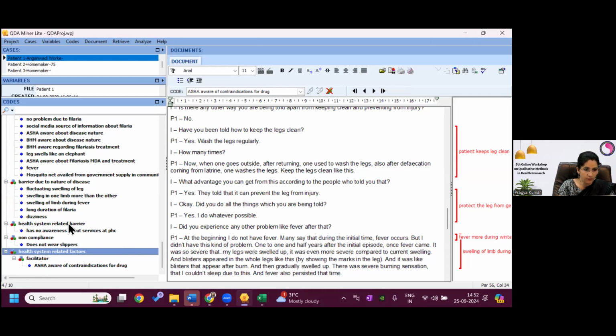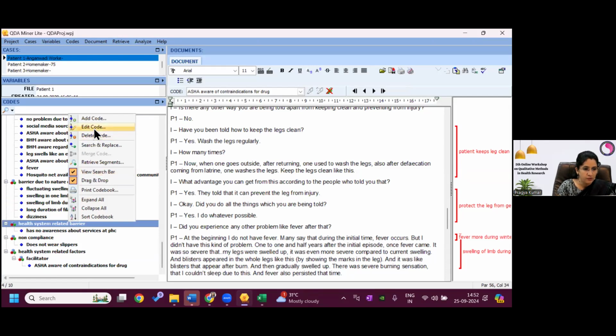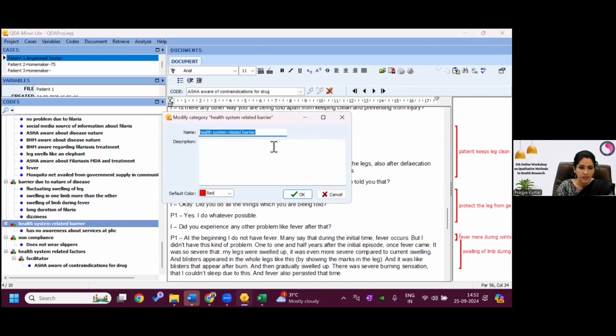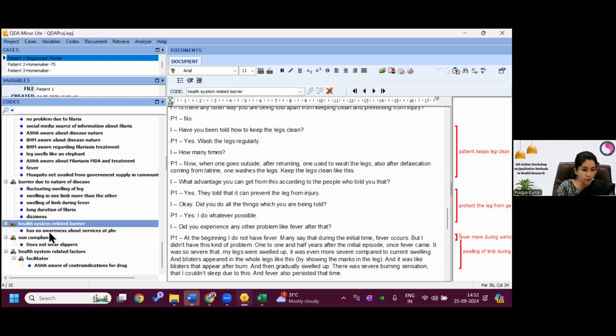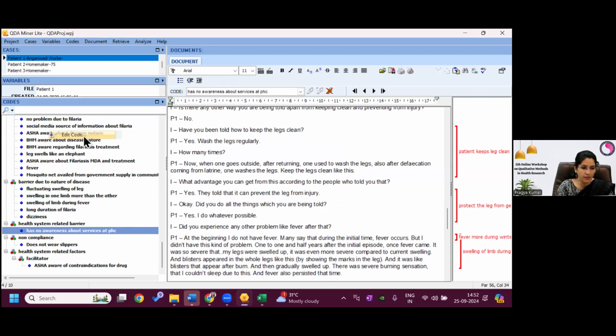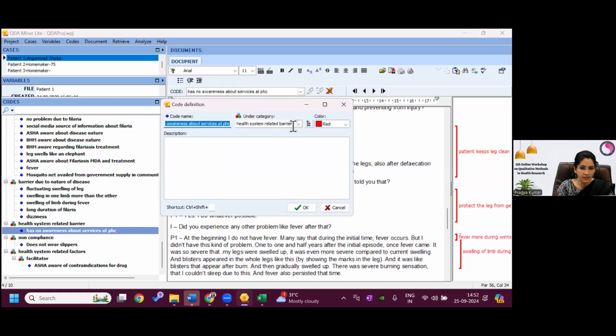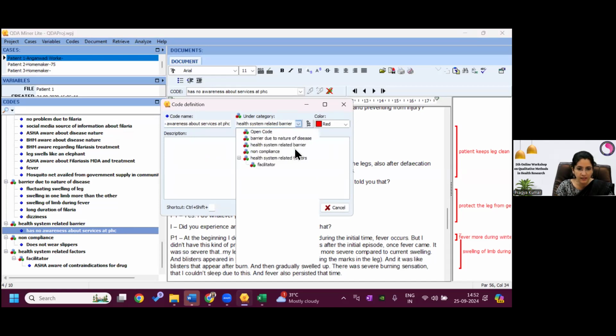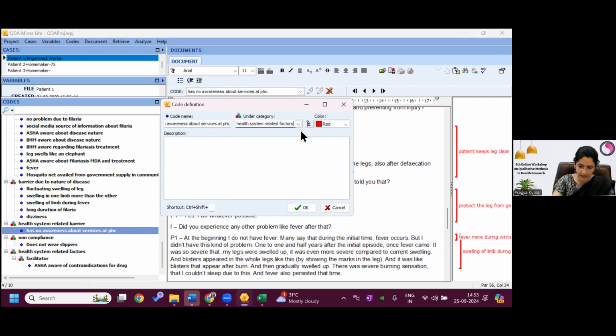So what I'll do, I will again put that. So I'll go to the edit code. This I cannot do. I will have to go to the code. This was a category. So what I'll do, I'll go to edit code, and I will again write this health system related factors. I will select this category, health system related factors. And then I can have again a down slash here and write barrier, and then press OK.